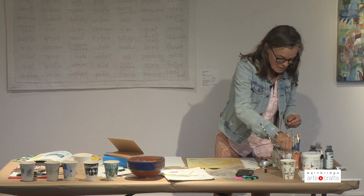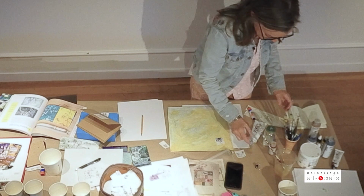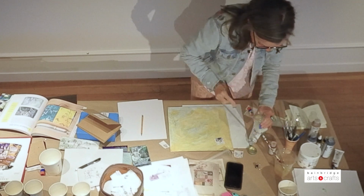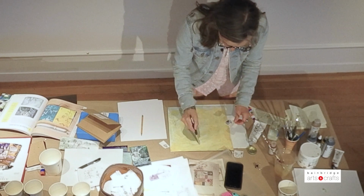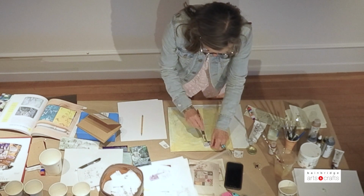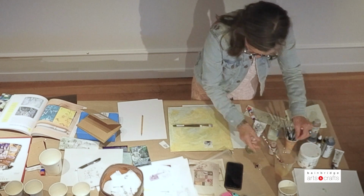So usually I have a spray bottle, and that's really super soggy. I just dipped it in the water. And then the thing with the gel media is put the gel media on the surface, and then underneath the paper, and then again on top. So there's one, and then,